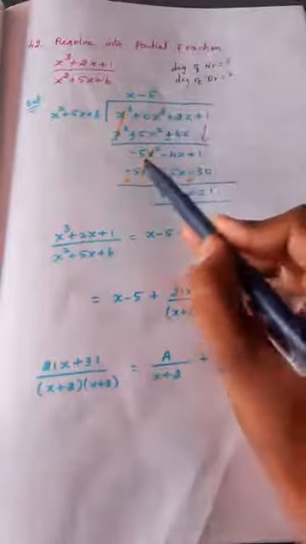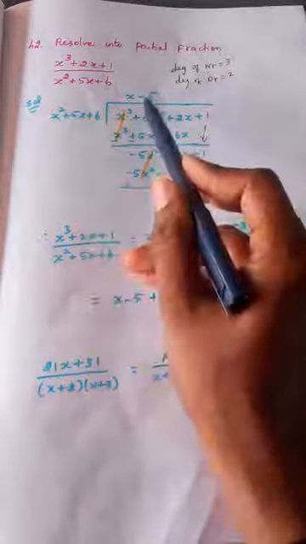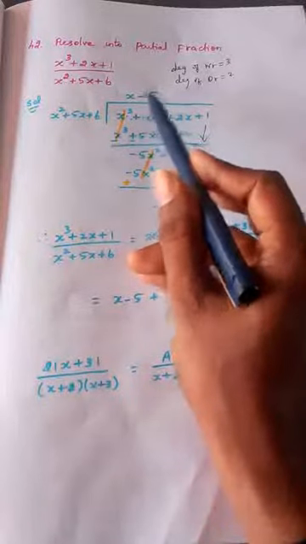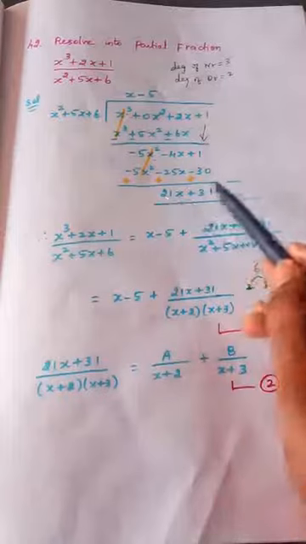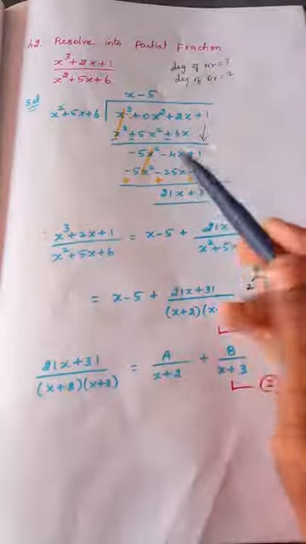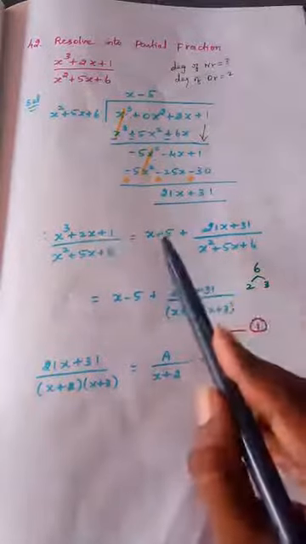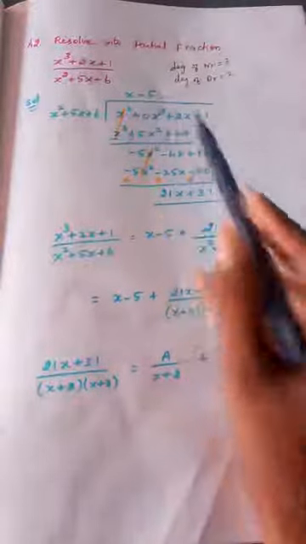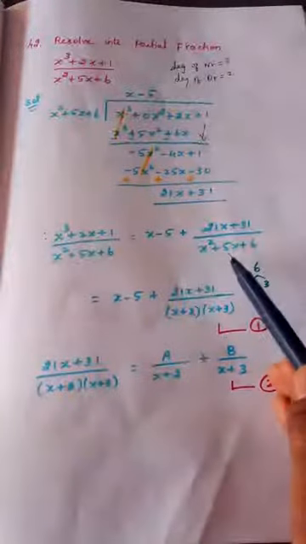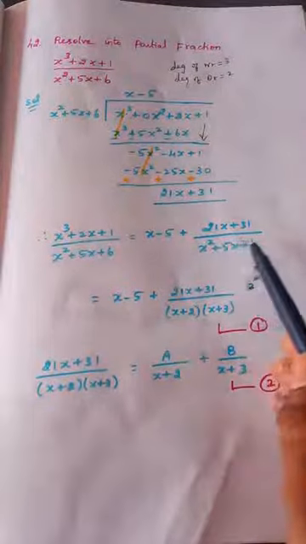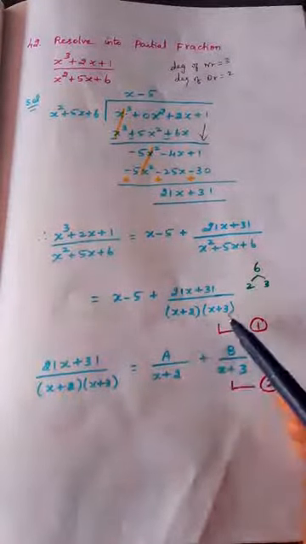Then if you see, minus 5x square is present here, x square is present here. So minus 5 is missing. Use that minus 5 here. With this minus 5, multiply all the 3 and write here. Change the symbol and simplify. You will get like this. So this is the remainder. So this entire fraction can be written as quotient. Quotient is x minus 5 plus remainder divided by divisor, out of which this denominator can be factorized. So 2, 3, so x plus 2, x plus 3.